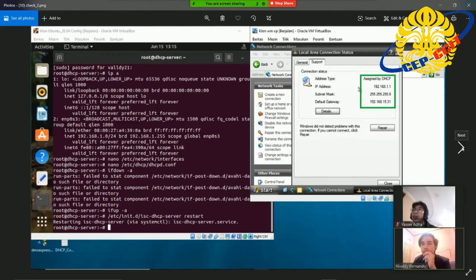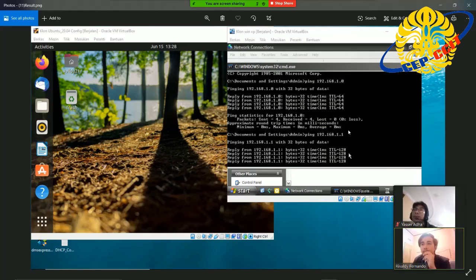And finally, we are connected to the DHCP of our project. And the last action that we need to do is open the command prompt in Windows XP and then ping the IP address that we got before.